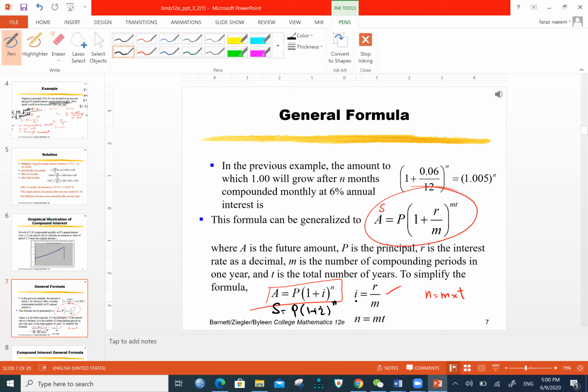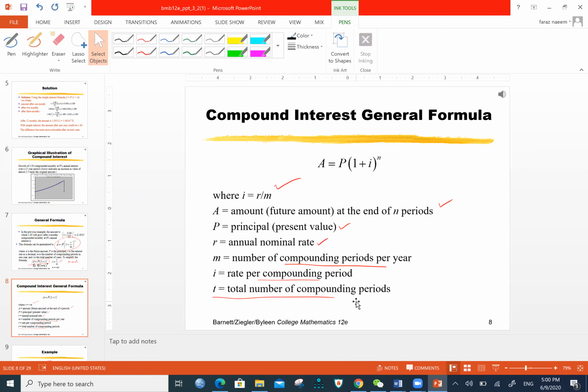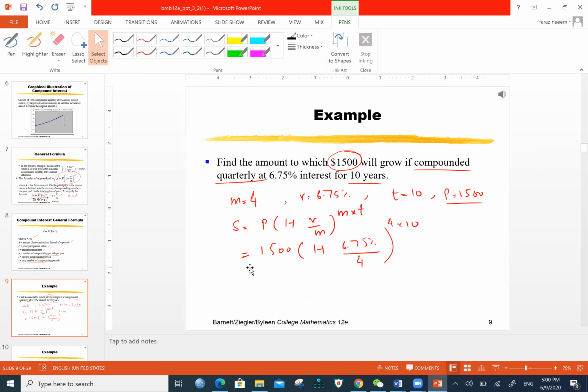So here S equals P times 1 plus I raised to power N. You can substitute the values and you can get the answer. Here things are given. I is the rate per compounding period. R is the annual nominal rate. So here,